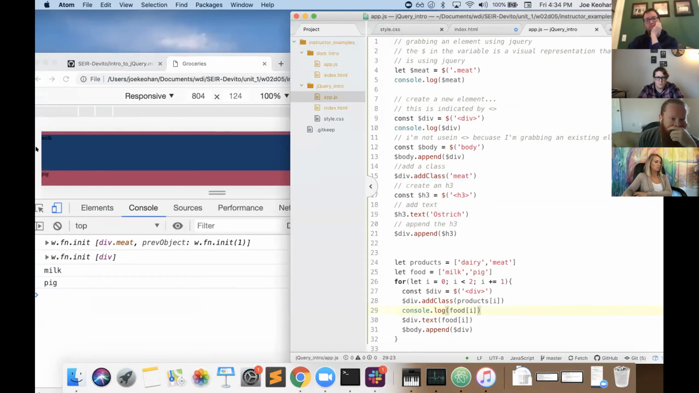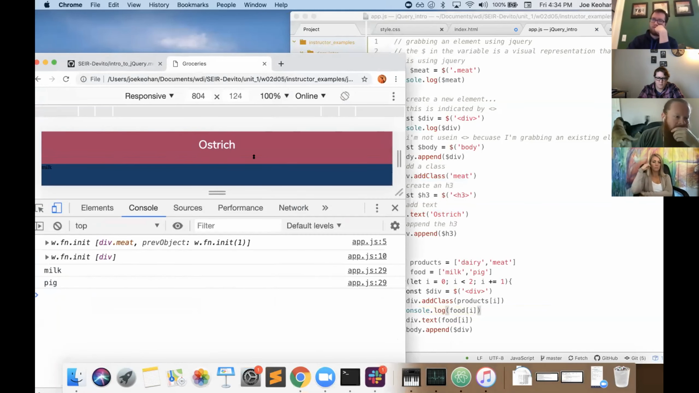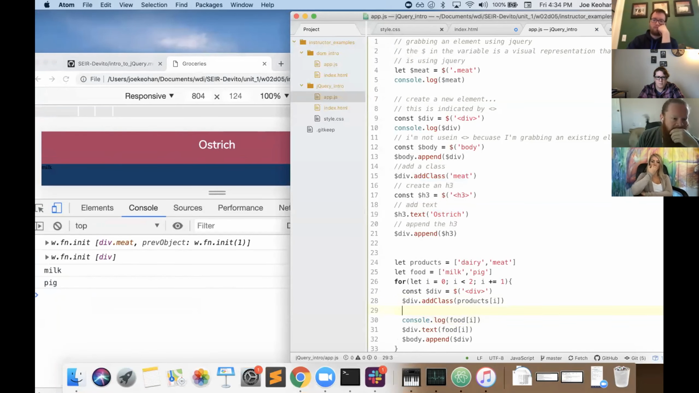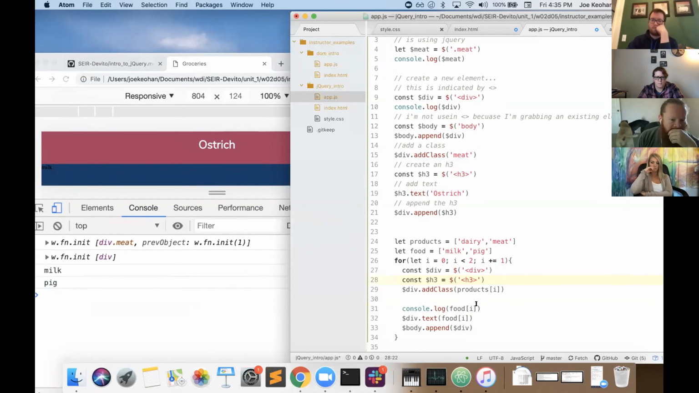Right? I didn't create an H3. Do you see milk and pig right here? Here they are, but they're not H3, so they're not centered. So I would have to do something like this. const h3 is equal to, right? And then do here, I was doing it the wrong way. h3.text